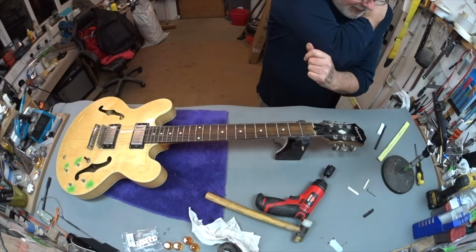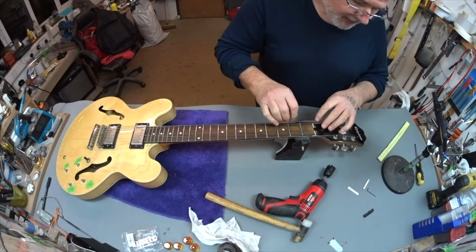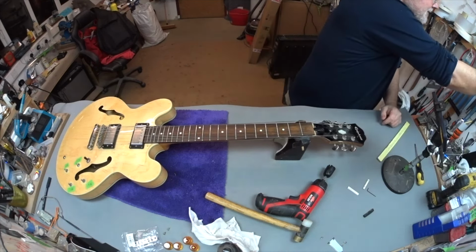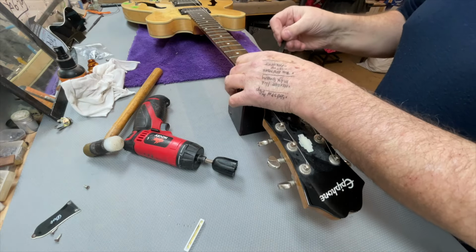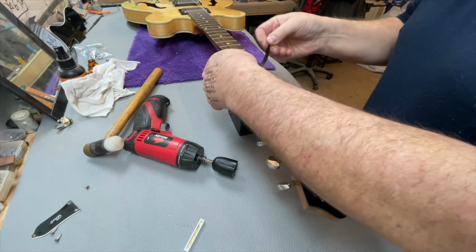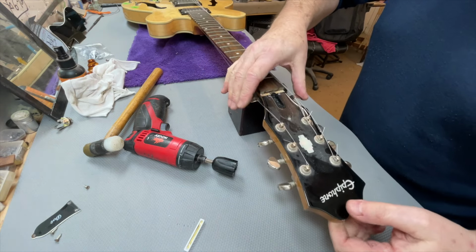If you know the guitar, the model, and you know that it's not going to present you with major problems, then you can tap like that with confidence. But some models or some guitar brands, like